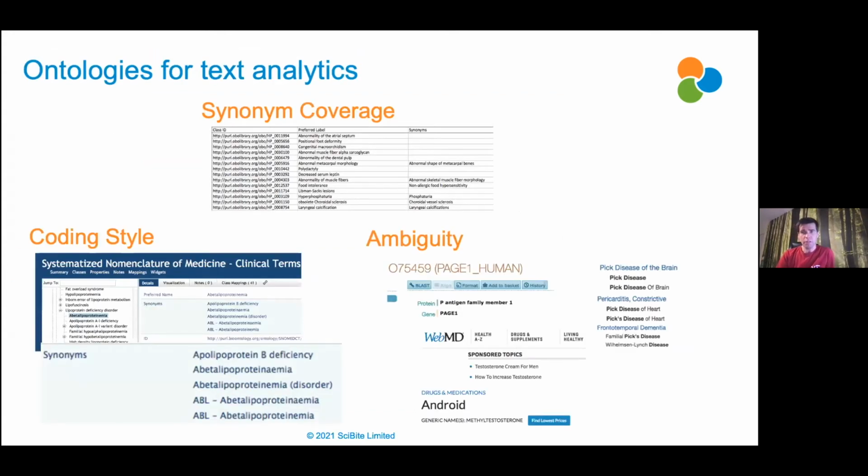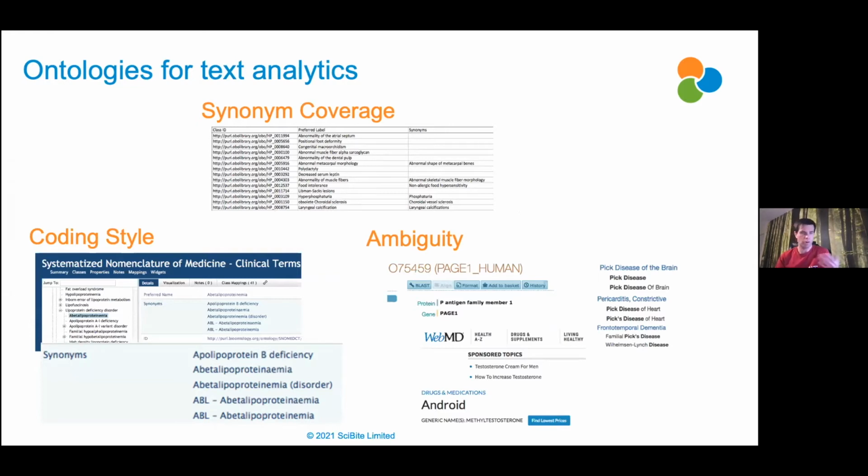So I've mentioned a few of these already, but I guess what the curation process involves, a lot of the time, that Jane's team have to spend doing. So synonym coverage is obviously a big one. As I mentioned, this is not really an ontology problem. It's not really an ontology task per se, although synonyms are very important. Clearly, when you're building an ontology, you're not optimizing it for doing NER, although it can be very useful, at least as a side effect.